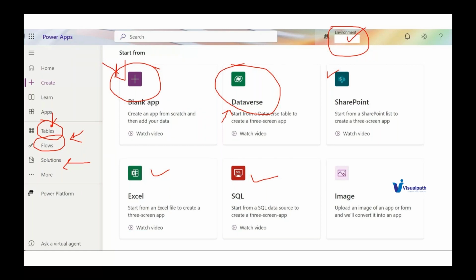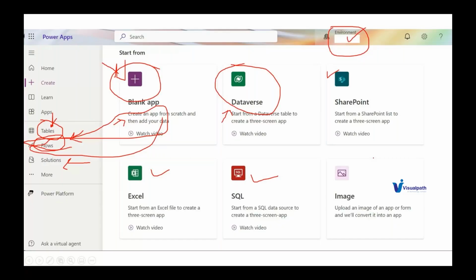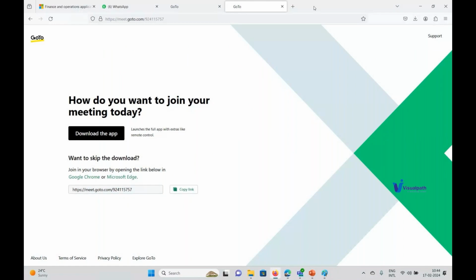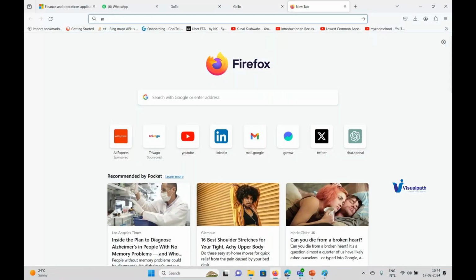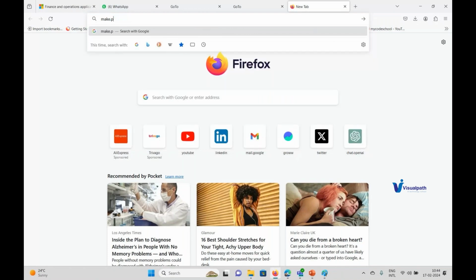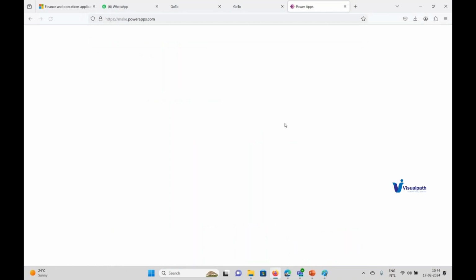It is very important for you to learn, at this stage, Power Apps and flows. These two are very sought after skills in the market today. Flows can be integrated with multiple applications, not only with D365. Say for example, in my Azure portal, right? Let me see if I can just show you. Okay, before we go into that, make.powerapps.com is the environment for you to log in to create your apps.